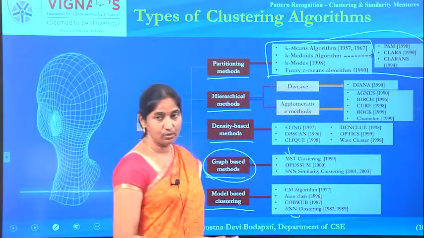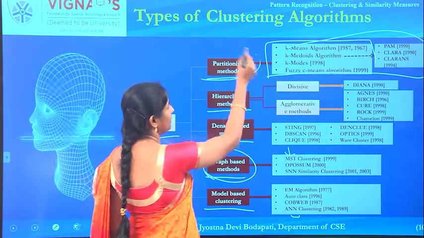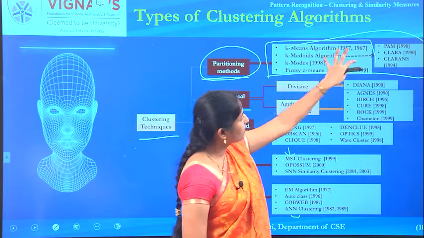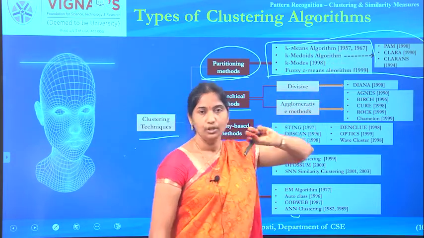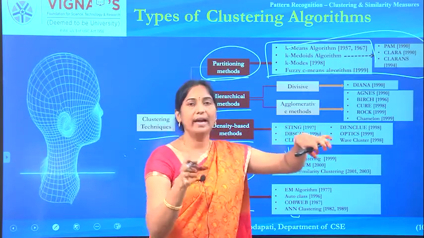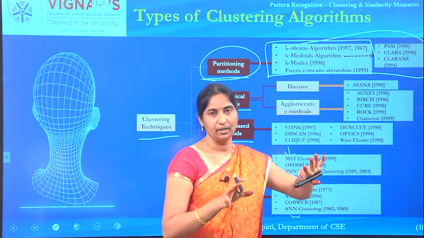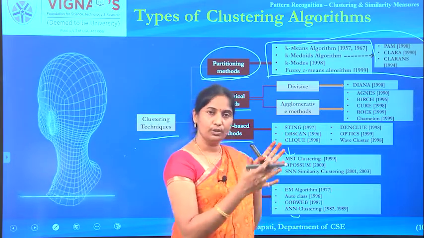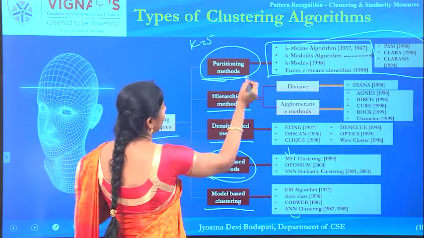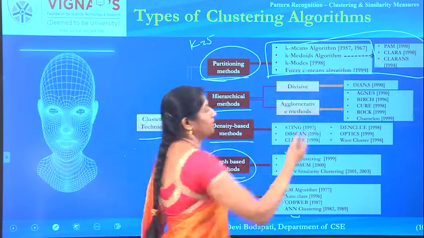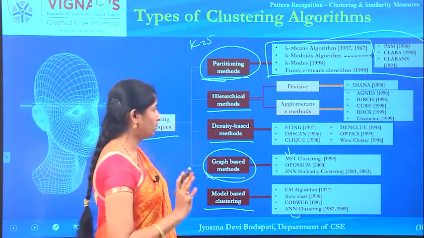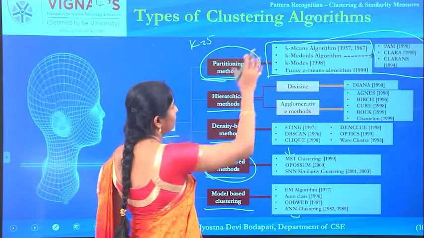These are all the different types of clustering algorithms that come under the category of partitioning methods, because all these algorithms work on the principle that you divide the data set into k different groups, where the k value is predefined and you cannot change that k value during your process. Once you choose your k value as 5, whatever type of algorithm you are using, your algorithm will produce k different clusters. There will not be any change at all. That's the problem with the partitioning methods.